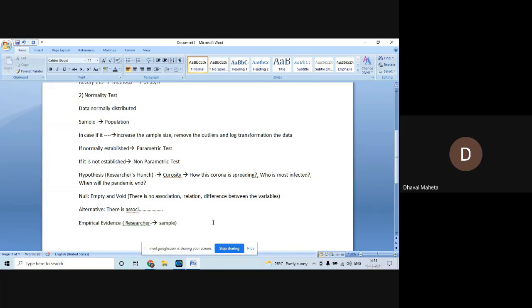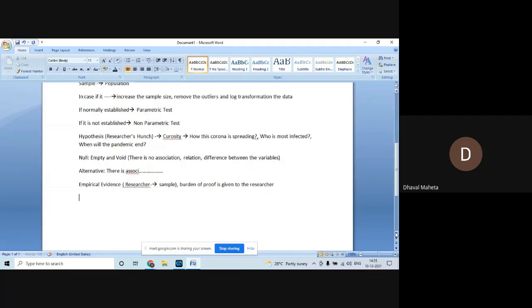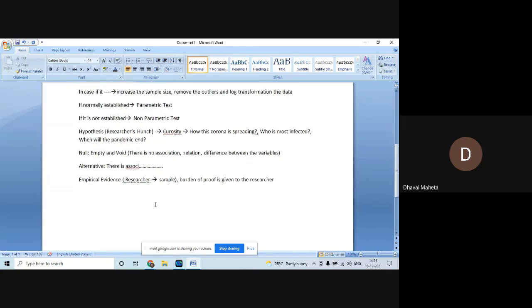So the burden of proof of giving any theory is given to the researcher. If he or she wants to prove that a relationship exists,